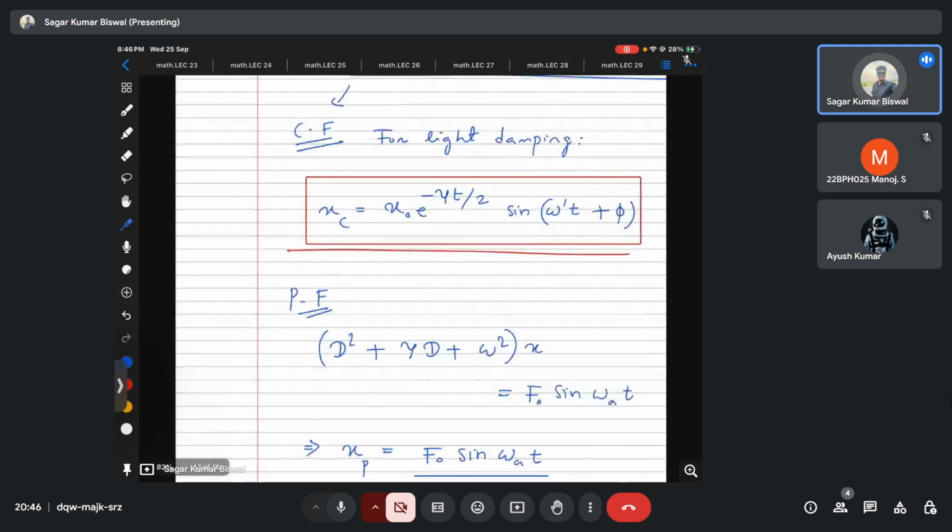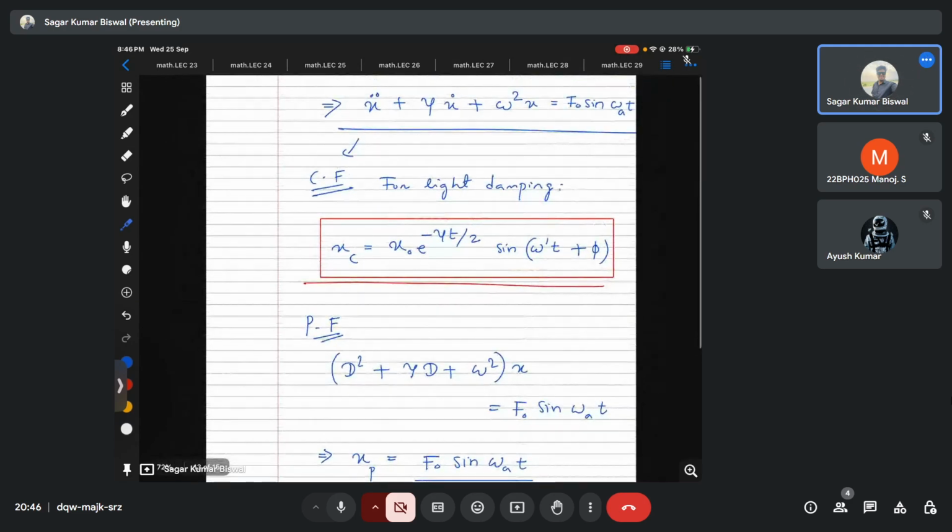Is it okay, or is there any doubt from this differential equation? Okay then. So